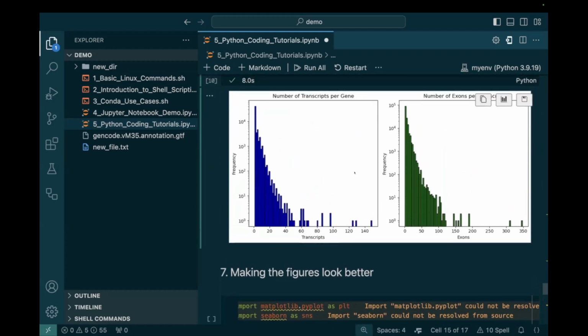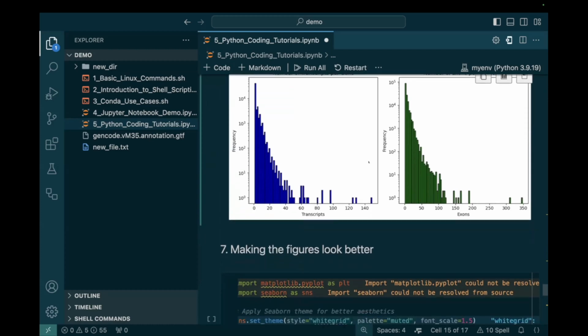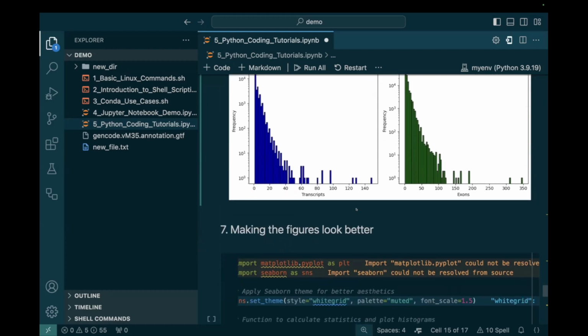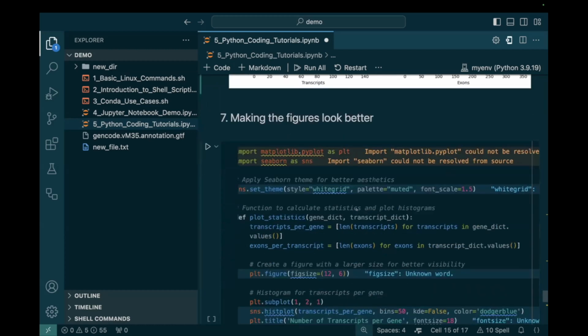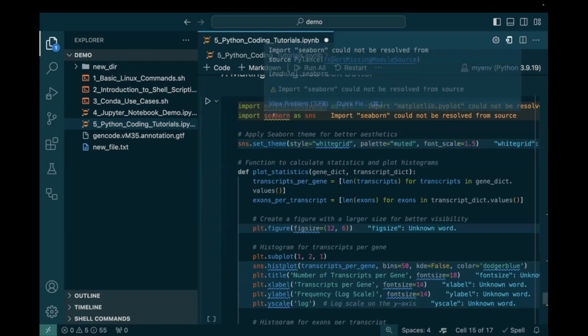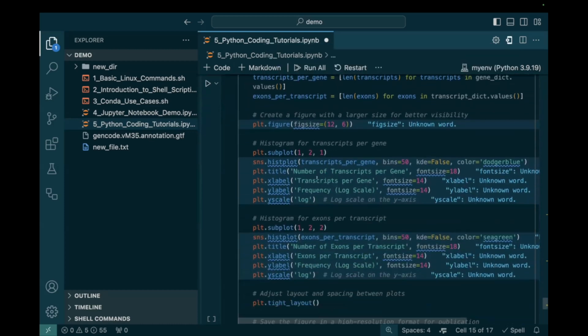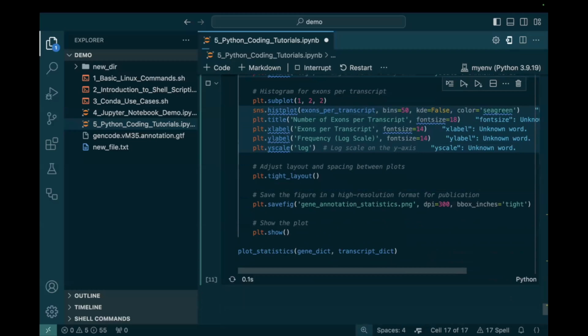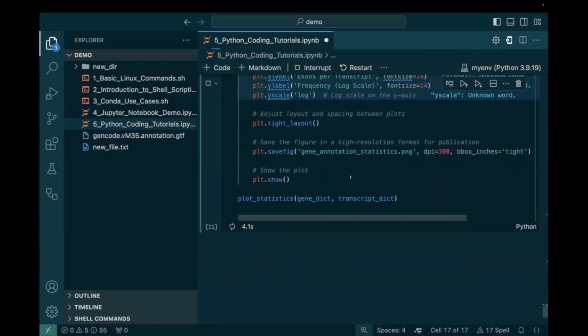Okay, now you got the results, but you probably are not satisfied because it doesn't look good. Now I just want to show you that with a simple change, the Python code can really make a good figure. Here I use Seaborn, and there is just some small modification. But we can make the figure